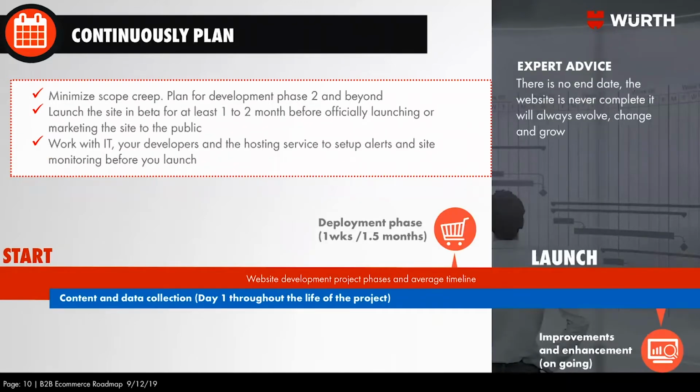Continuously plan. Scope creep happens a lot. And so before you launch the site or after development, you want to make sure those things that you have ideas for, or you hear ideas about, can go into plan B. Because as soon as you get the site into a more tangible view, someone's going to say, oh, can we add this? Can we add that? You're going to be like, oh, that's a great idea. Or you want to do that. And sometimes you're your own biggest scope creeper. So you want to make sure you have in your plan time to put those projects into plan B